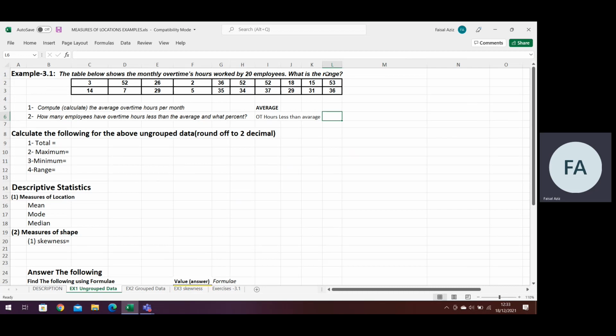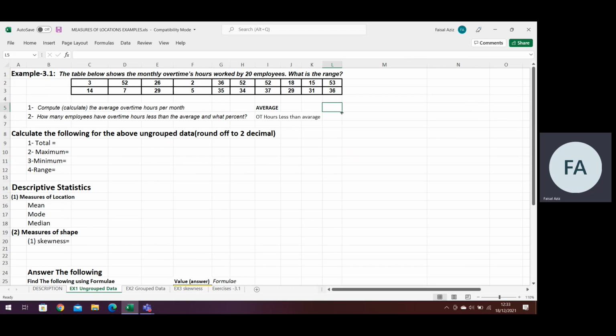We also have to calculate the range in this question. It is very simple. So let's answer all these things accordingly. The range they have asked for in this question is also a part of number 4. So I will calculate it once I calculate the average for questions 1 and 2, and then I will answer the rest of the requirements. So let's have a look at the average.